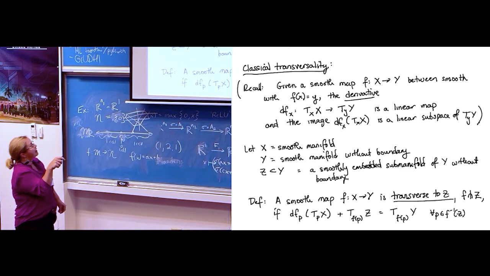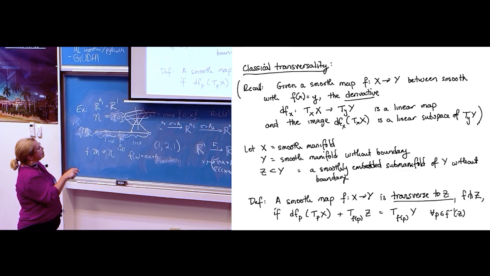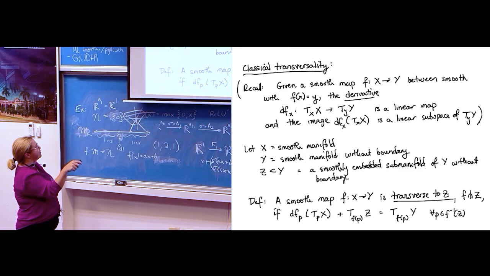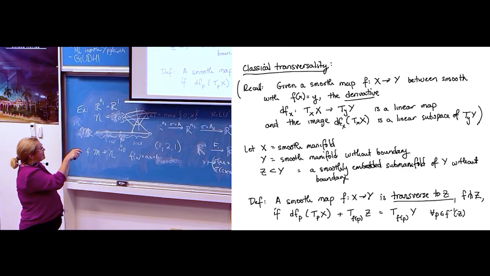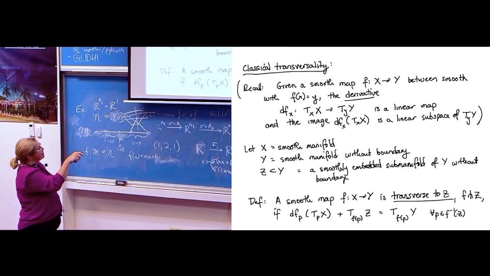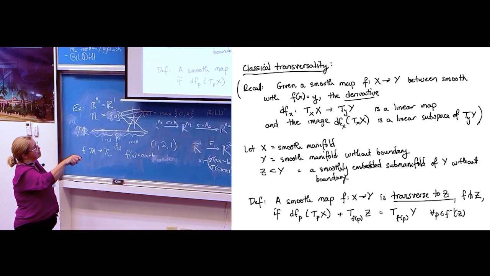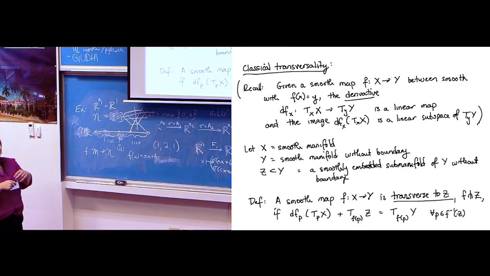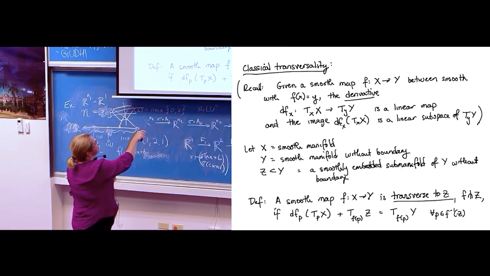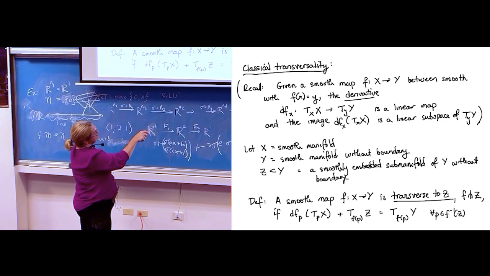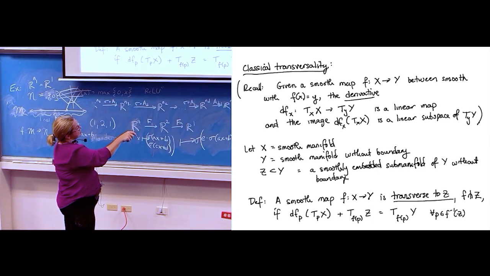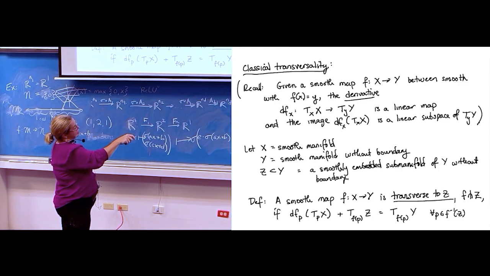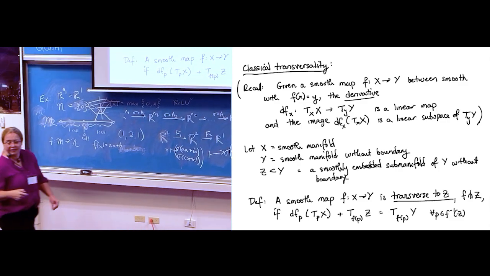All right. So in classical transversality, where everything's smooth, X is a smooth manifold, Y is a smooth manifold without boundary, and here Z is a subset of Y. This is going to be some submanifold of Y, like a smoothly embedded submanifold of Y without boundary. A lot of words. Okay, a smooth map F from X to Y is transverse to Z. When you write F, or I'm going to write F pitchfork Z for transversality. This is